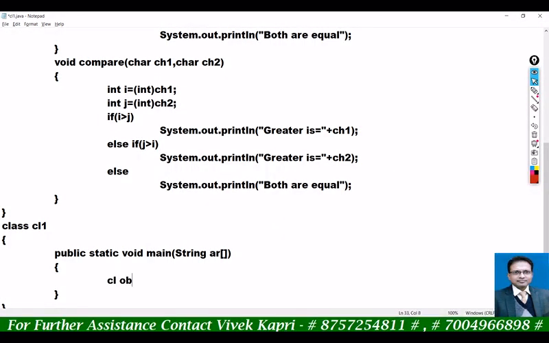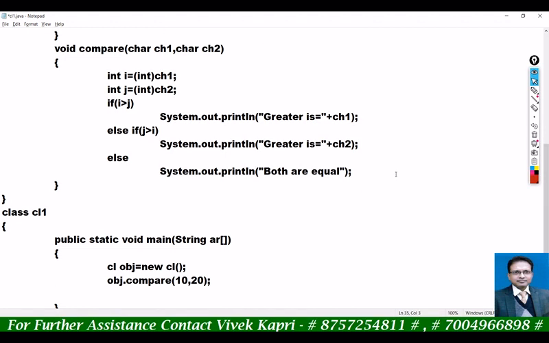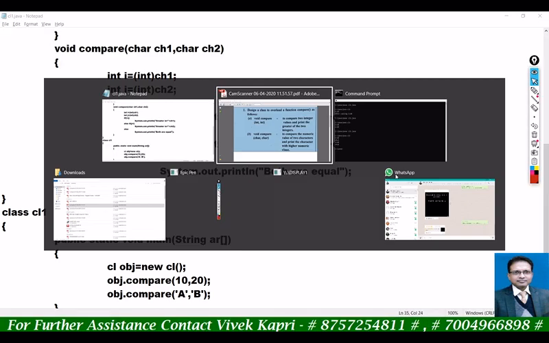First create the object: cl obj equal to new cl, and obj.compare. First I am calling two integer values, 10 comma 20, and then obj.compare a comma b. Okay, save the file and compile.